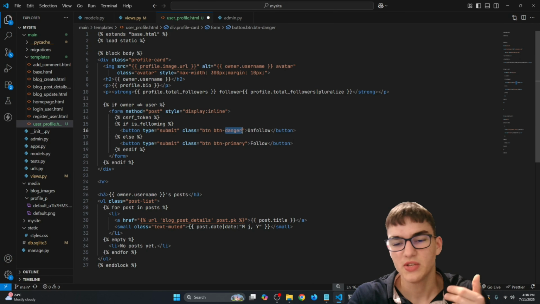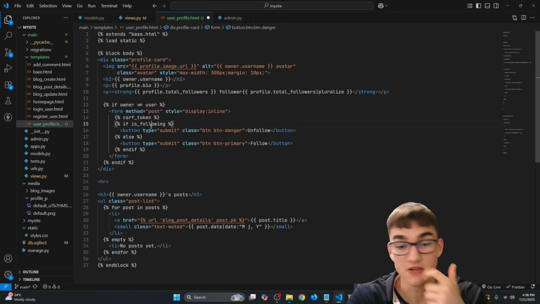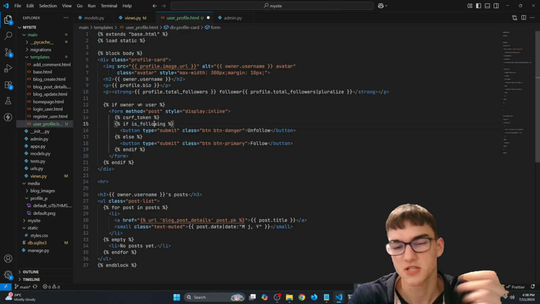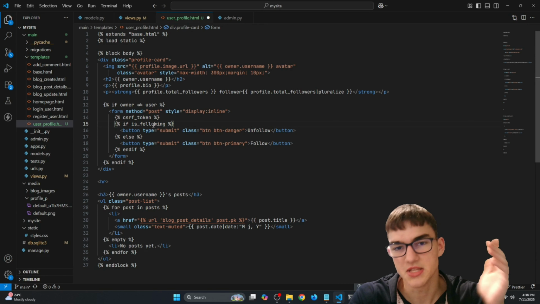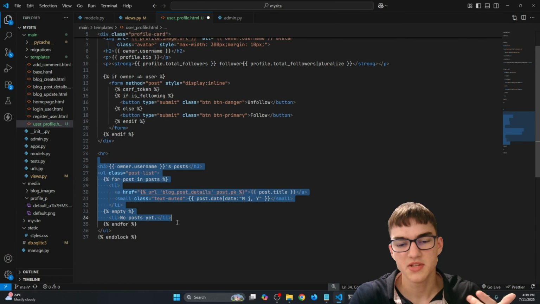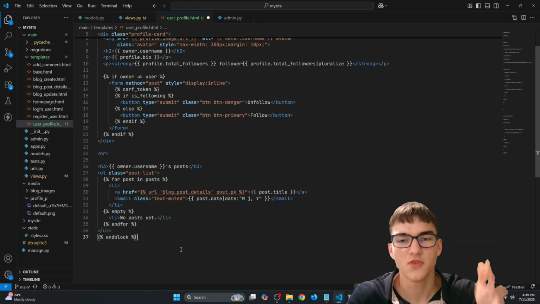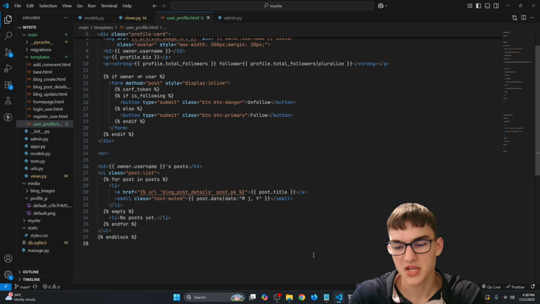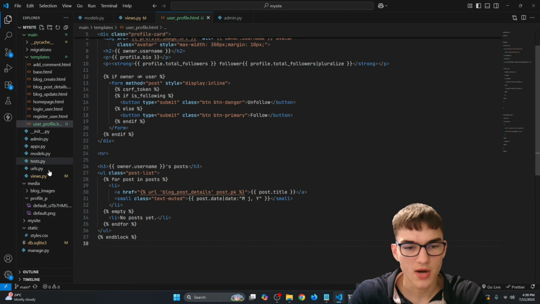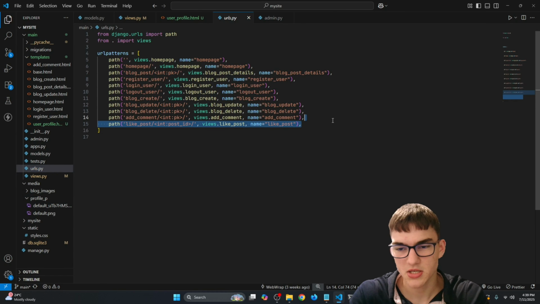And right here we are just displaying the right color of the follow or unfollow button if the currently logged in user is following or not following this profile currently. And right here in the end we are just displaying all of the blog posts of the profile we are currently viewing. So right here we can save this file and go to our urls.py